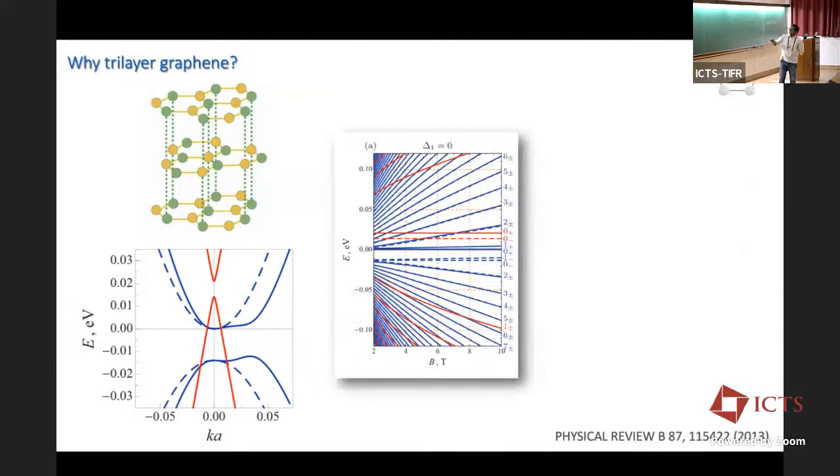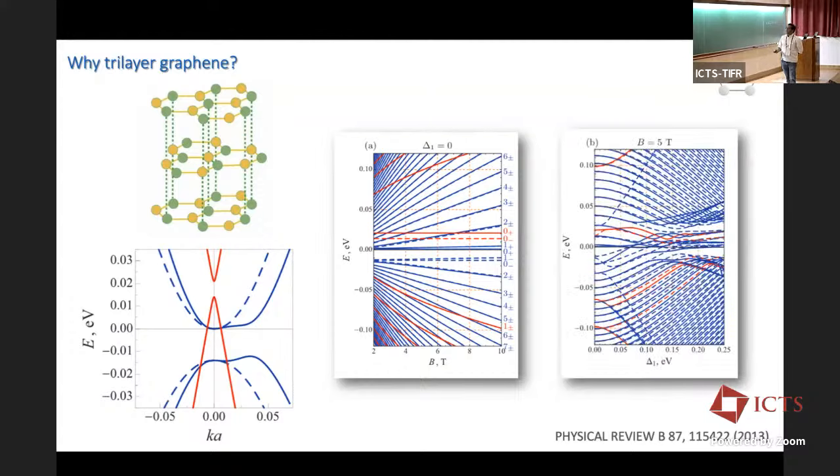So this is the energy dispersion relation. The blue lines which you see are the Landau levels coming from these blue points, which are the bilayer-like sector, and the red lines are the Landau levels of the monolayer-like bands coming from these 2 points, the monolayer sector. And we perform our experiments in this narrow region where there is no Landau level overlap. Now, as soon as I apply an electric field, this diagram becomes crazy. You can see that all these levels start overlapping with each other. And that is what we want to see. With increasing electric field, as these levels overlap, how does the physics of the fractional quantum Hall change?